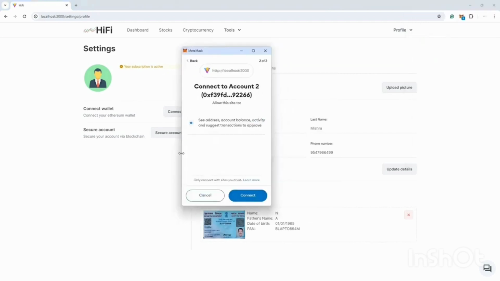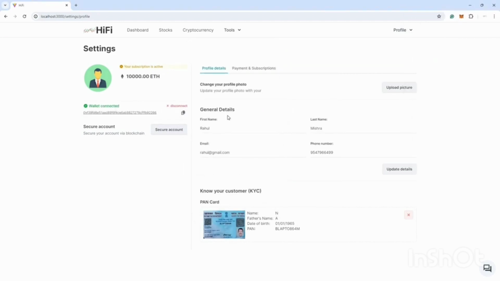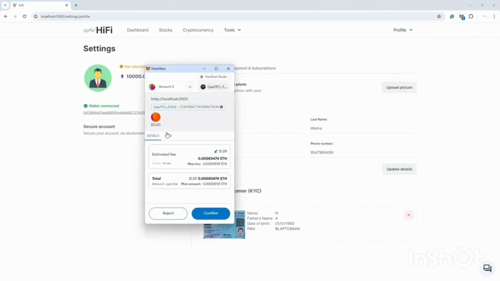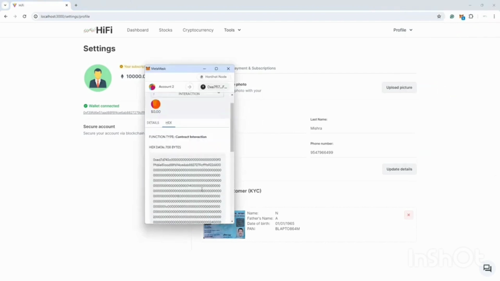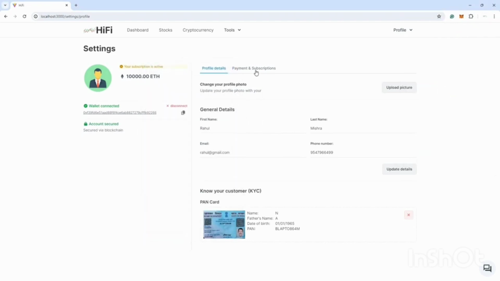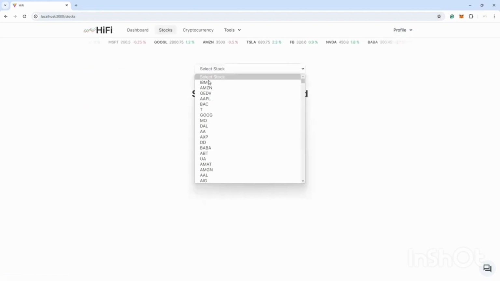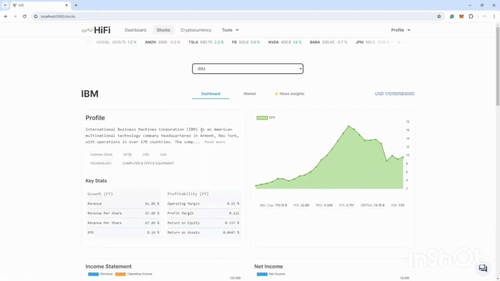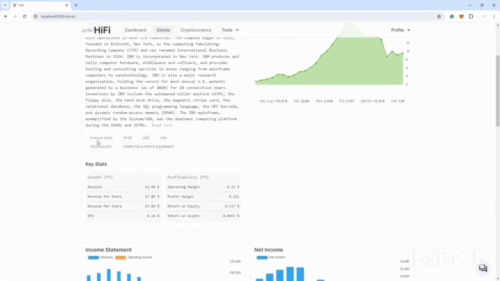Now in order to protect the account, we are going to connect it to the blockchain, and let me click on secure account. With the secure account, we are going to get the hex ID, and all the information regarding PAN and other information is stored. Now if I go to the profile, here we are able to see the IBM data and also which stock market it is listed in,